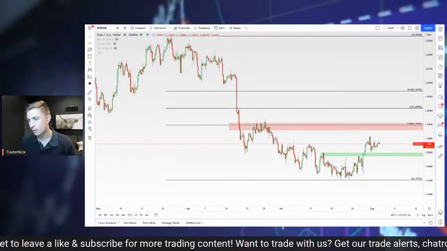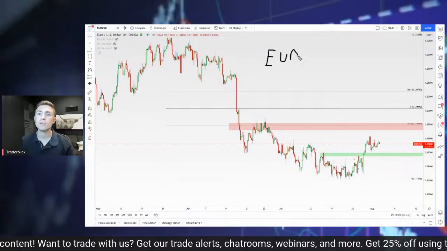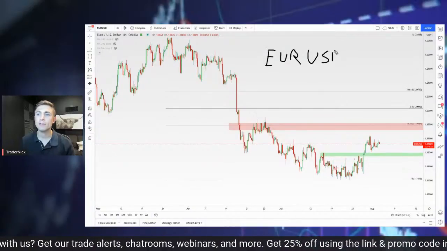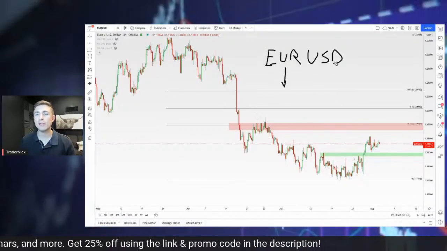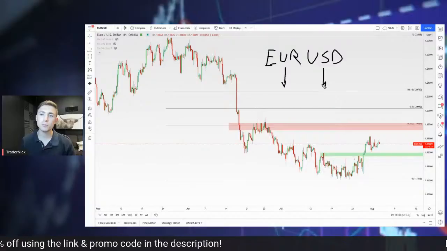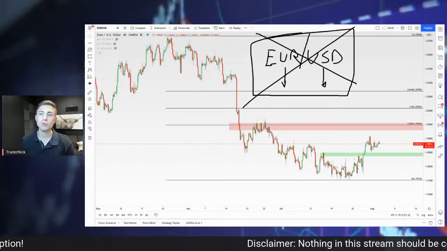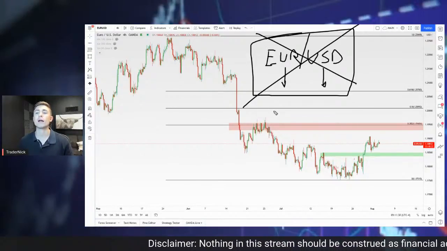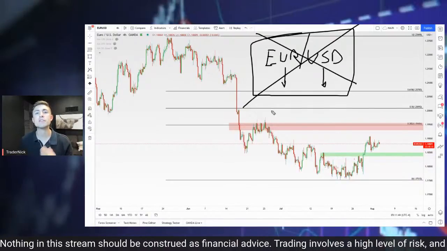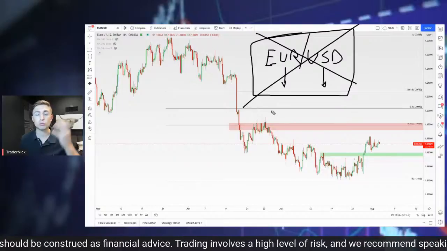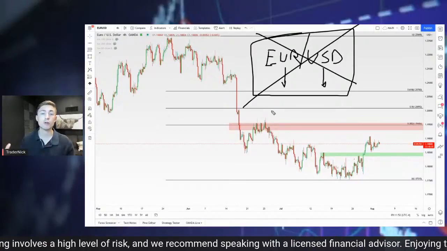Whenever I take a currency pair and consider trading it, I'll give you guys a quick example. So EUR/USD, right? If I do my analysis on the euro and I say I'm sort of bearish, and then I do my analysis on the US dollar and I say I'm sort of bearish. If I'm bearish on both of these, I probably won't trade EUR/USD because I'd prefer to trade something where I am bullish on one and bearish on the other. Because that's where theoretically, if I'm right in my analysis, that's where some serious trends can develop. If you have a really strong currency versus one that is really weakening, that's where you can have a very strong trend either up or down, right?